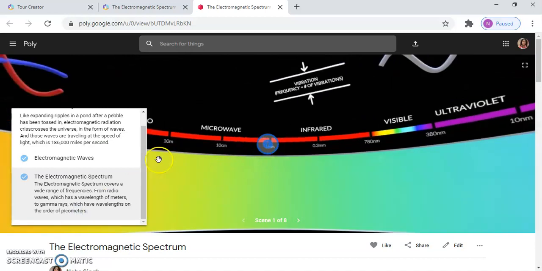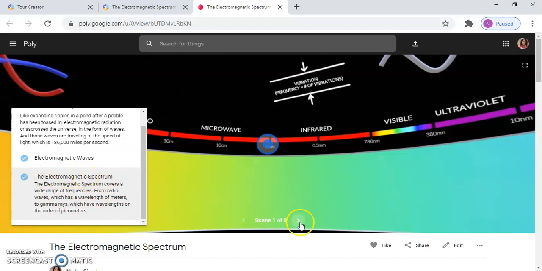So this point is the electromagnetic spectrum having the description that it covers a wide range of frequencies from radio waves which have a wavelength of meters to gamma rays which have wavelengths on the order of picometers. So here you are going to add the description and here you are going to add the name of the point of interest.